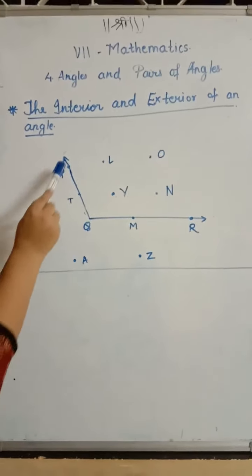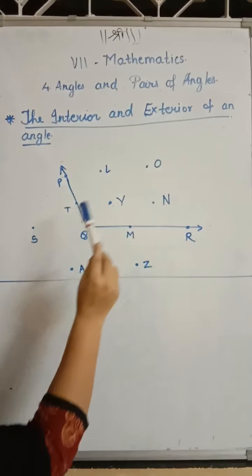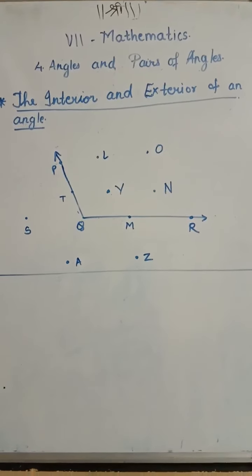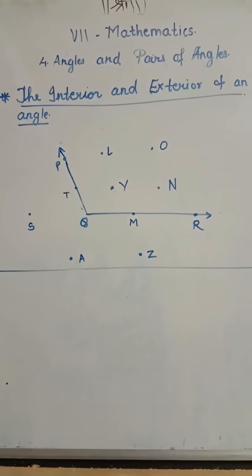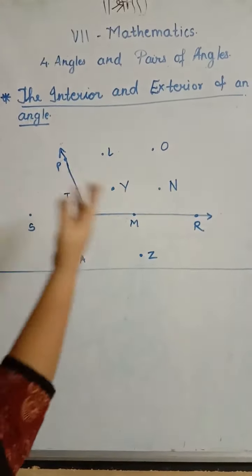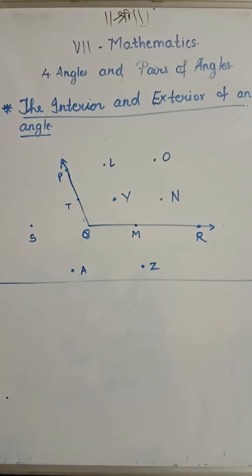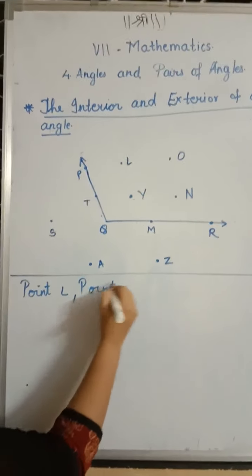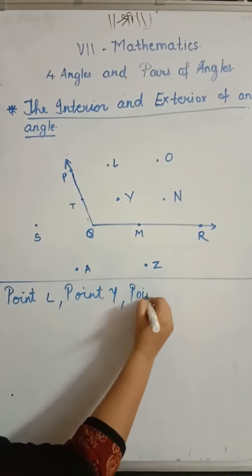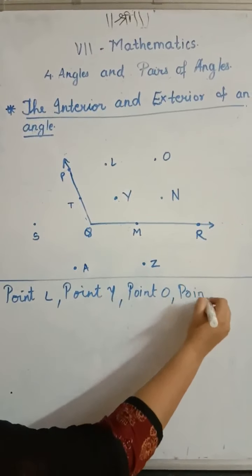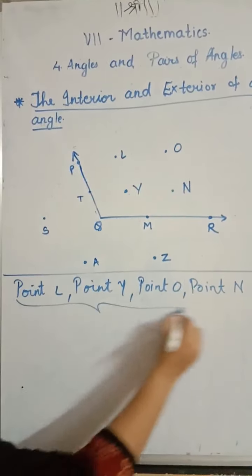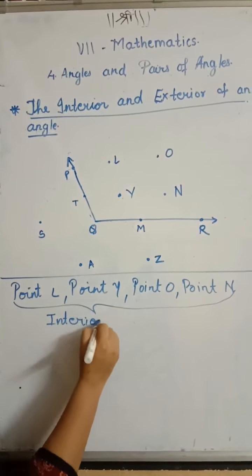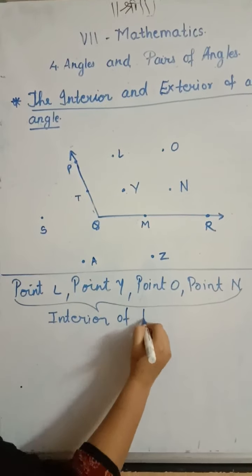Points which do not lie on the arm of the angle but which lie in the interior of the angle form the interior of the angle PQR. So now tell me the points which are inside of the angle PQR. Yes, the points are point L, point Y, point O, and point N. So these points lie inside, so they form the interior of the angle